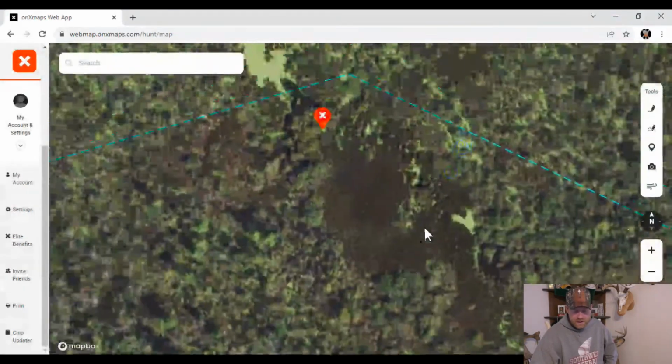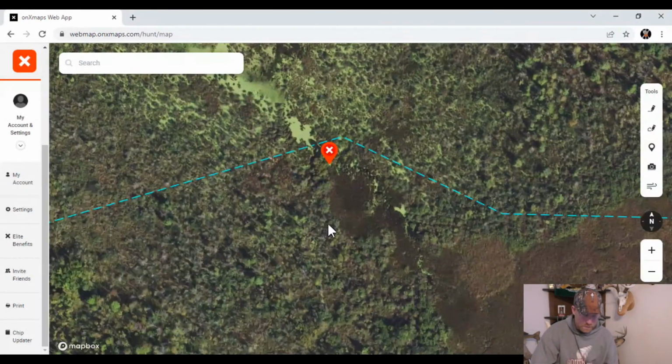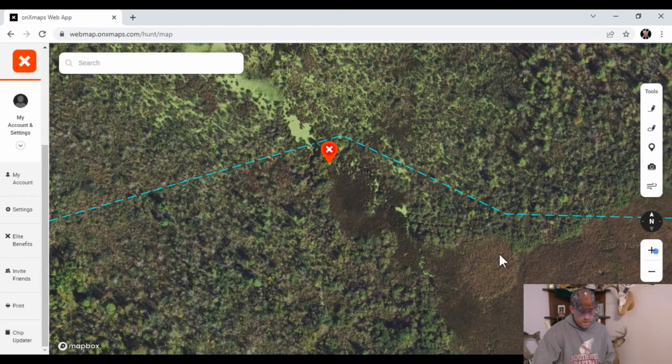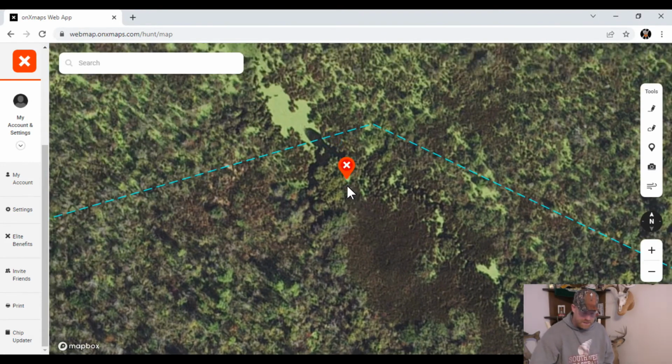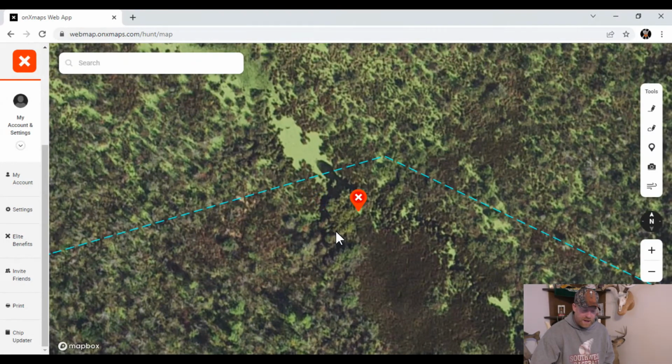This is the best funnel I see on the property if this were public land. You've got one little funnel over here, one little funnel over there where they're cutting up on this little high spot. Then the best funnel, though I'm not sure it'd be the best to hunt because it's pretty obvious on the map, at least from my perspective, is this little swamp slough type thing that's going to push deer down,